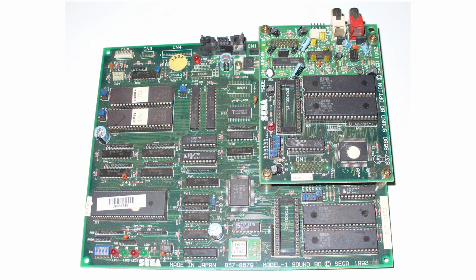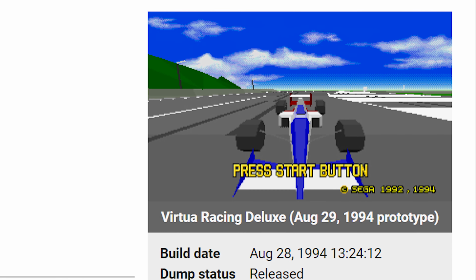Sega had just developed the Model 1 arcade board, and to show off its chops, they produced a proof-of-concept F1 racing game to show off its totally wicked sick 3D rendering capabilities. Rendering at a blister-inducing 9,000 polygons, and over, the concept was so popular that it morphed into a full commercial